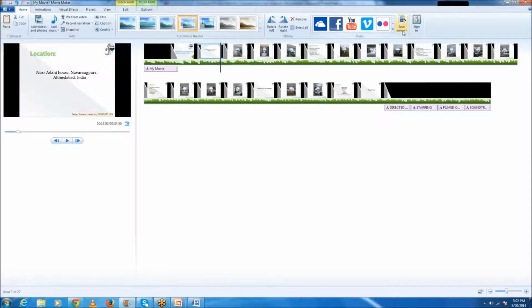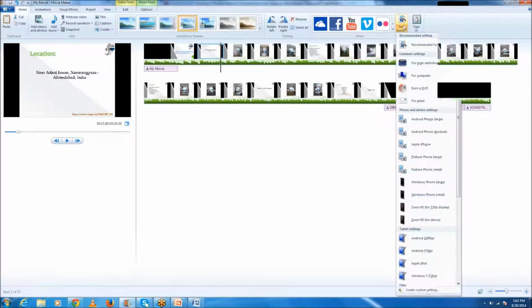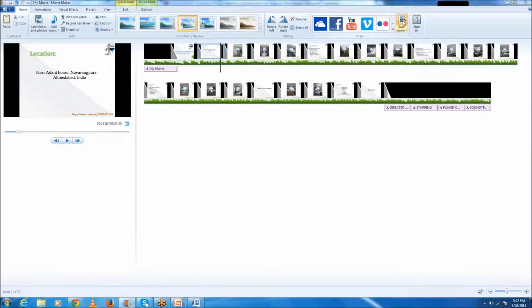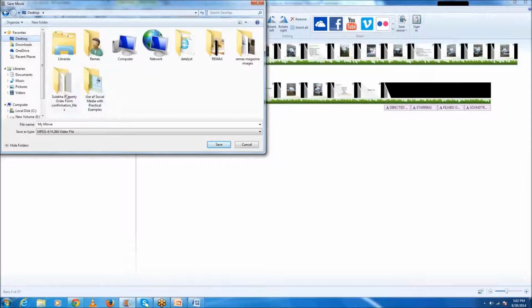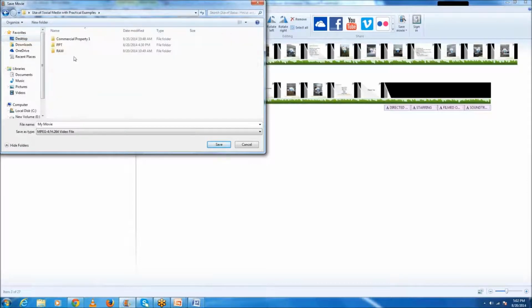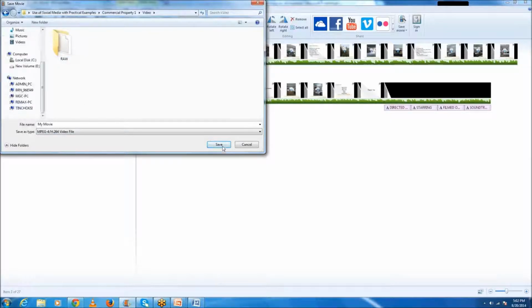Then you have to go here and click save movie. When you click it, it will ask you where to save. You have to go to the same folder, click on this video folder, and then save it as my movie.